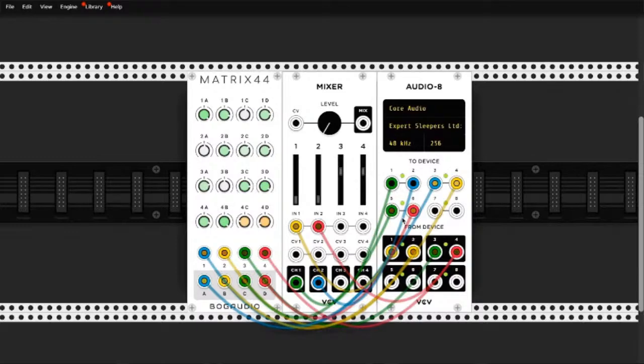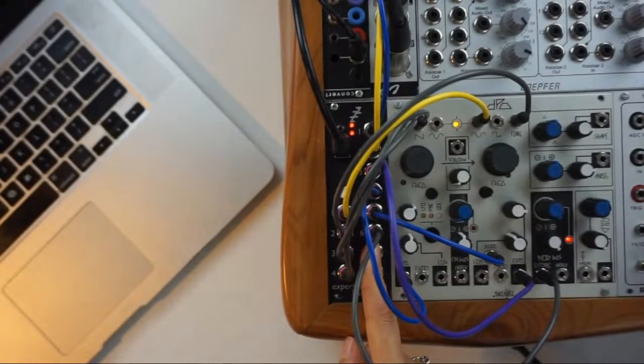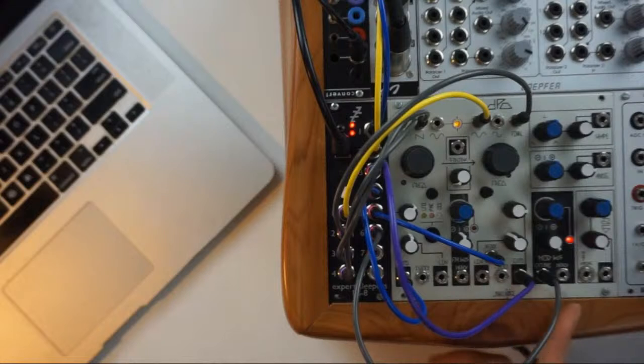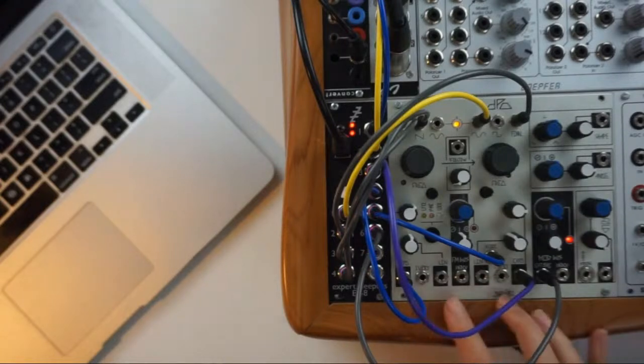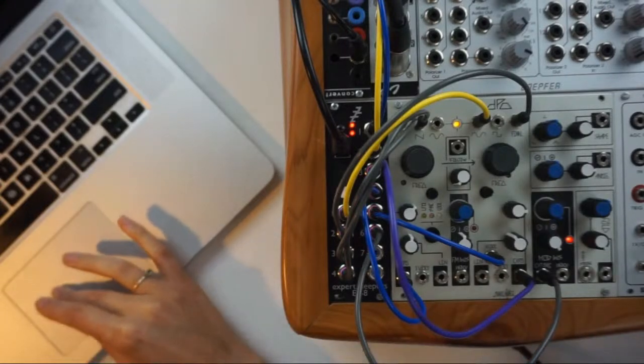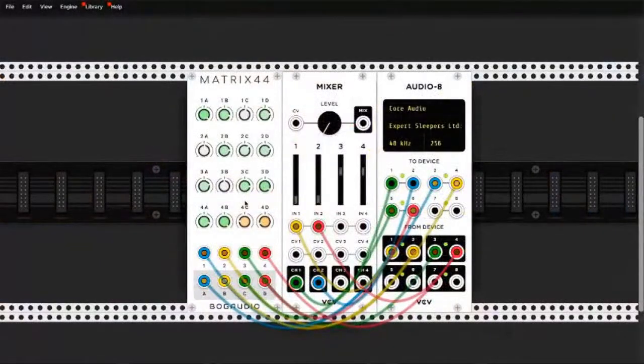I'm then taking the 4 outputs of the matrix mixer and sending them back into the Expert Sleepers. So they're coming out here on these outputs, and then I'm sending them back into various modulation inputs on the DPO. So essentially what I'm doing here is creating a big feedback patch within the DPO,